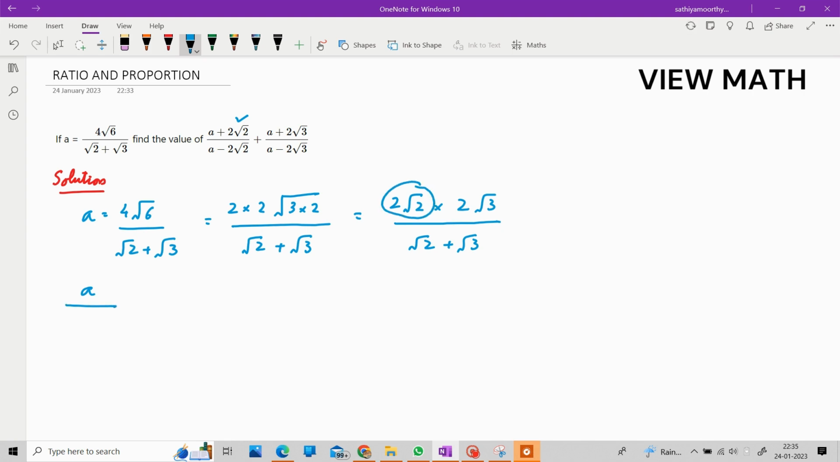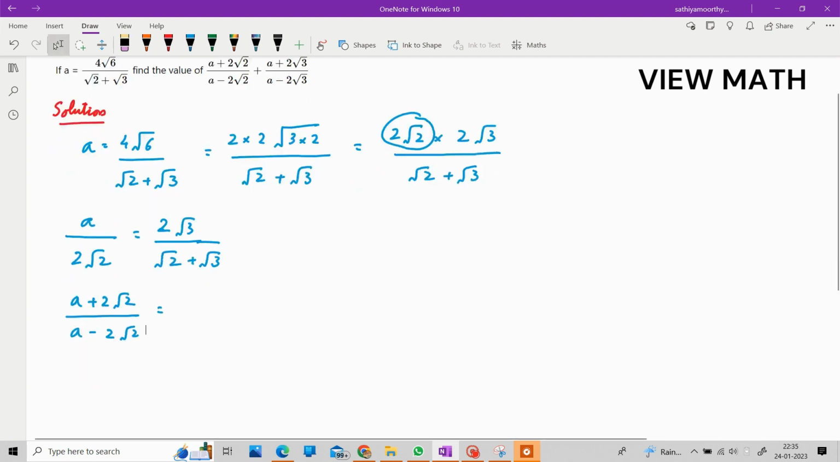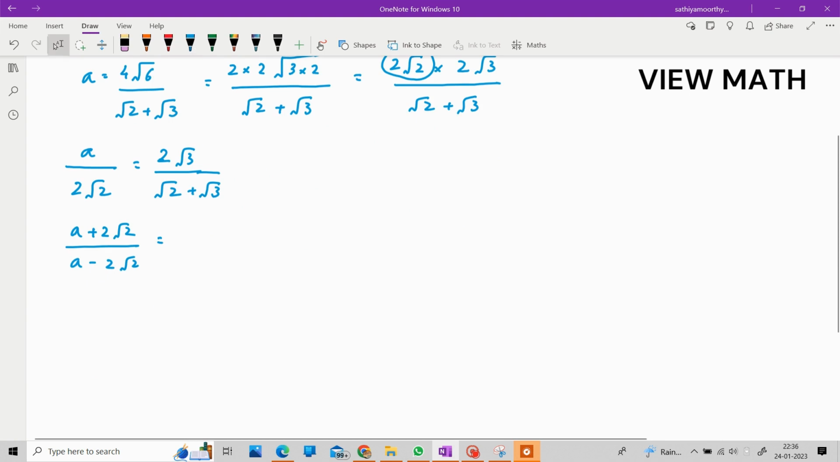So I get a by 2 root 2. Remaining I am going to write as it is, 2 root 3 by root 2 plus root 3. Now here I can see a plus 2 root 2 by a minus 2 root 2. So I am going to apply componendo and dividendo property. I will be getting a plus 2 root 2 by a minus 2 root 2 is equal to, applying the componendo and dividendo,